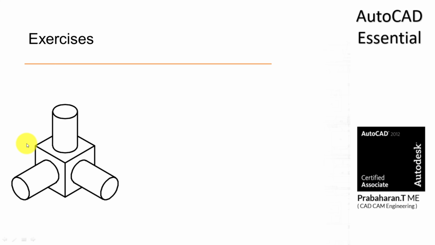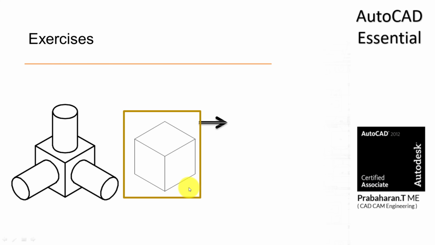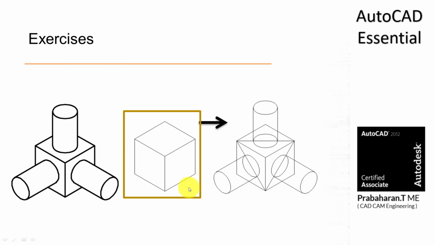Okay. Imagine I have a box. On the three faces of the box, there is going to be a small rod attached. Okay. So this is a top face, left face and right face. So how can I draw? First, I have to draw the box. Okay. So this is the top face, left face and right face of the box. Then I have to draw the cylindrical body on each face. Then I have to do some editing commands to trim the unwanted lines so that I can bring this shape.